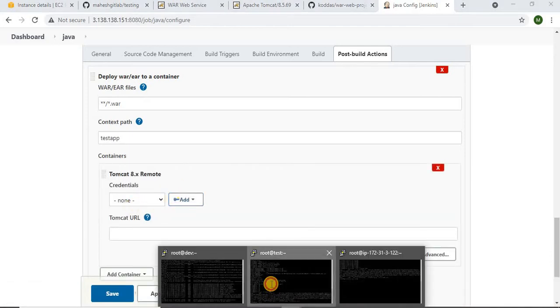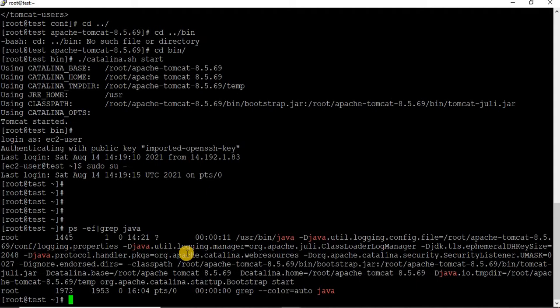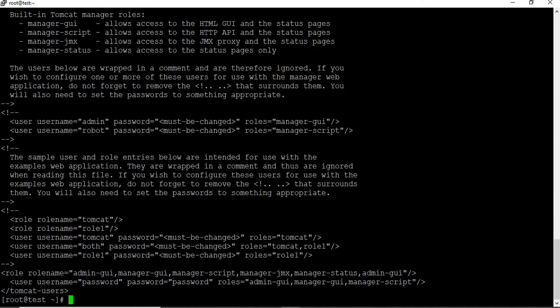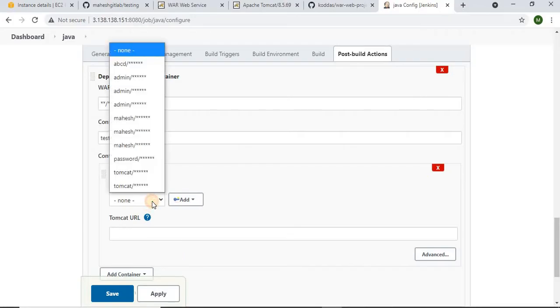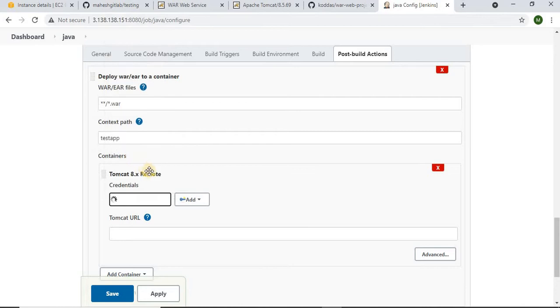So let us just cross check what the credentials are. So cat, root, apache, config, tomcat-users.xml. So we have given the password, correct. So let us just take that. Where is that, password and password.